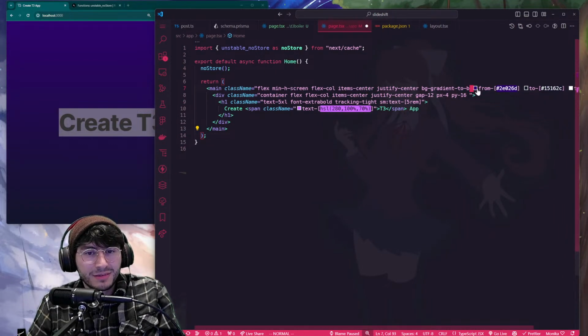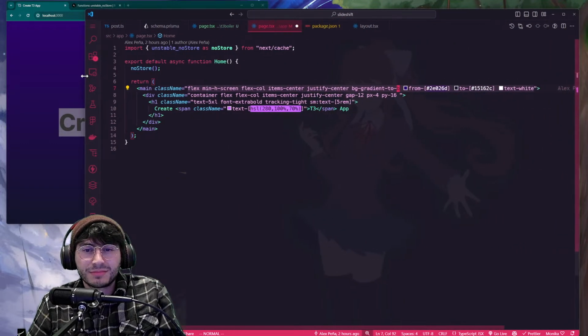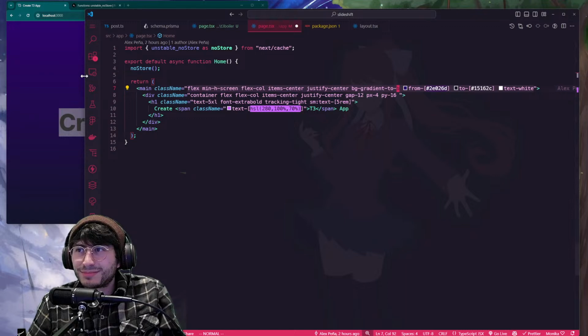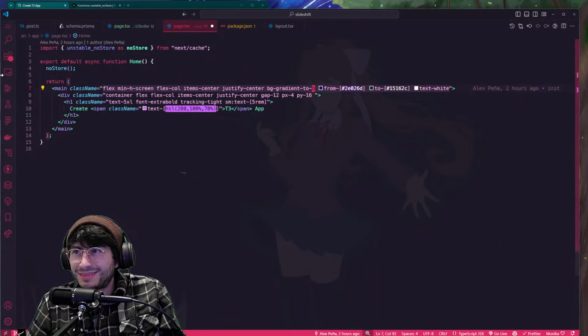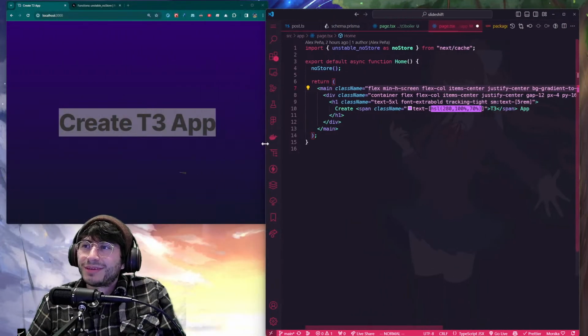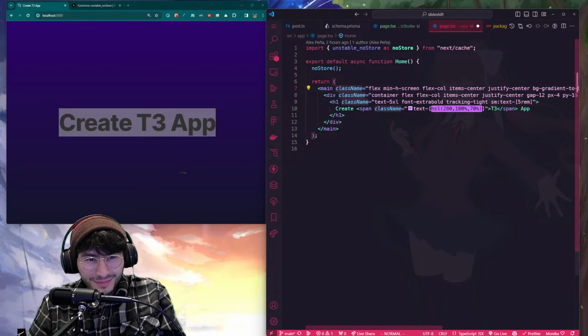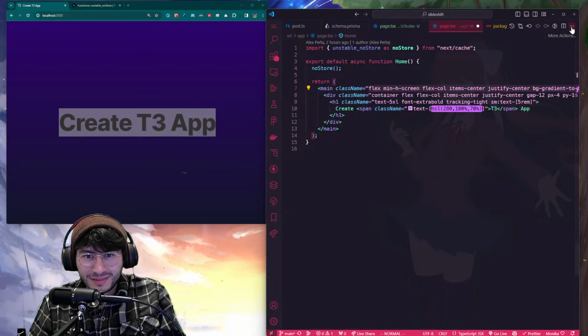It just keeps it all on the line. Oh my goodness. There's probably a better way to write Tailwind. I mean, I think I can use like a style thing, but